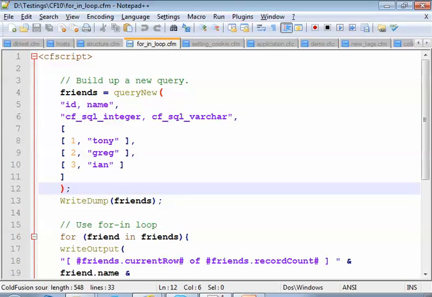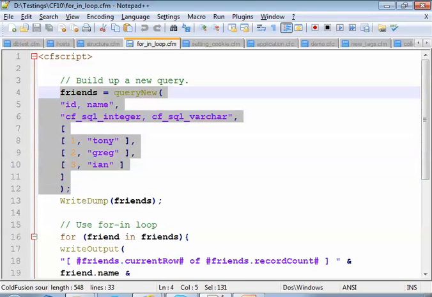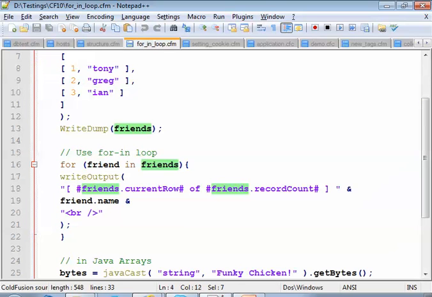First, let's take a query. As you know, in 9 we implemented queries inside CF script. This is a dummy query, you can say. This is called friends. Then just simple, as we are doing in structure and array, for friend in friends. This is the index, this is the query.